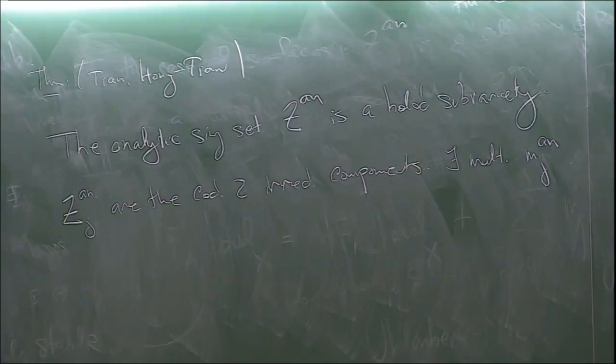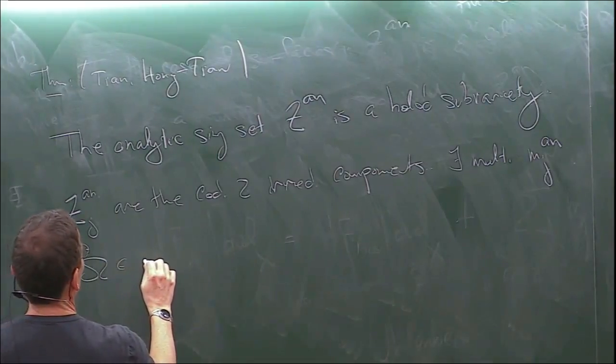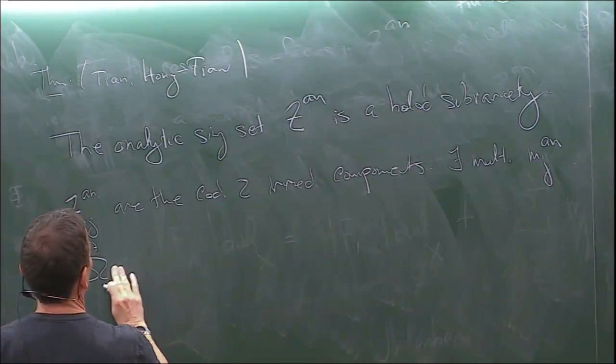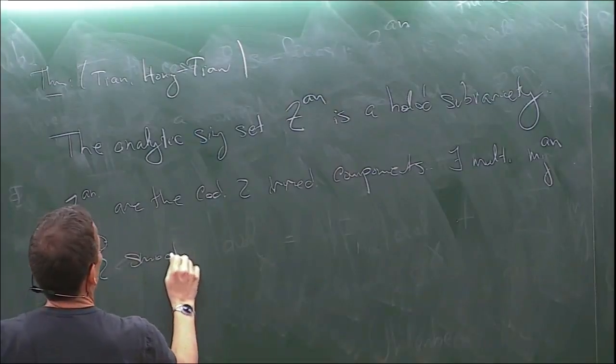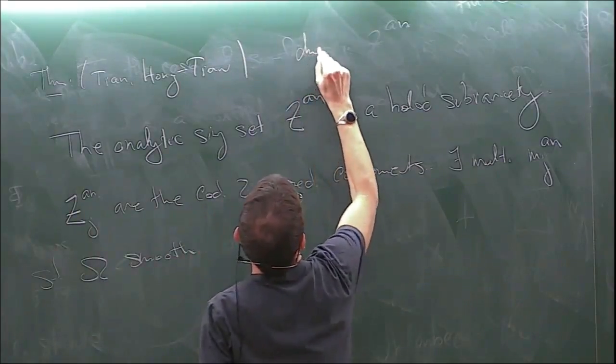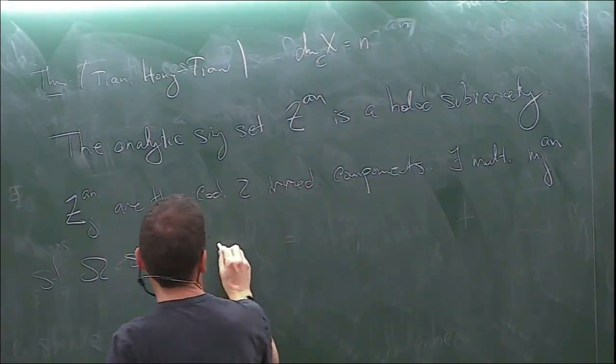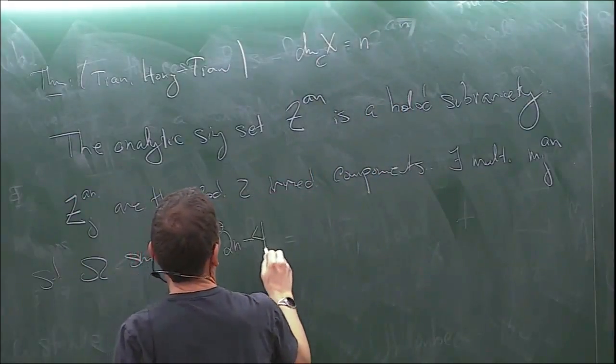And let me just tell you how it's characterized. It's such that if omega is any smooth form, I guess, so if the dimension of X is n, say, so if I take a smooth 2n minus 4 form,